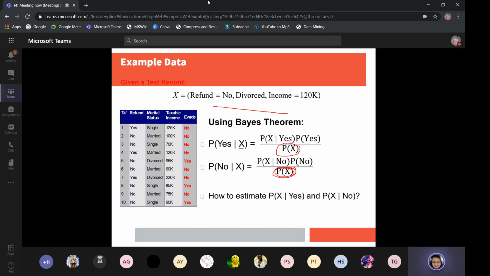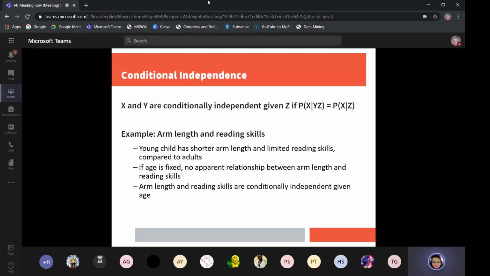px हमेशा जितने रिकॉर्ड्स में आना है उतनों में ही आएगा, तो हम ये एलिमिनेट भी कर सकते हैं. अगर आप सिर्फ इतना कंप्यूट कर लो तो भी इनफ है, बिकॉज ये कॉम्बिनेशन अगर आपने कंप्यूट करना है तो पूरे रिकॉर्ड के लिए ये कांस्टेंट रहने वाला है, पूरे डेटा सेट के लिए ये वाला कांस्टेंट रहने वाला है. So you can simply compute px given yes multiplied by p yes and px given no multiplied by p no. So we will solve this question.